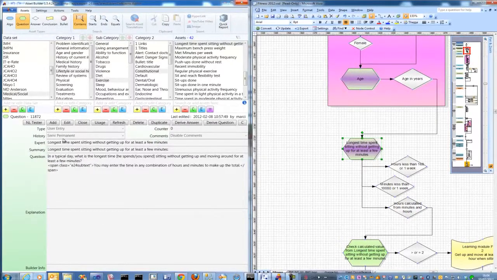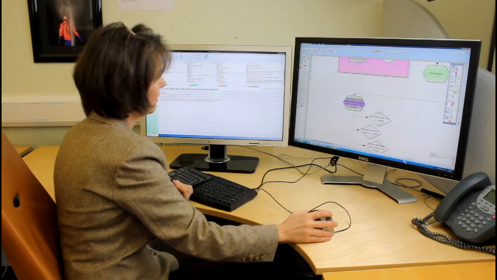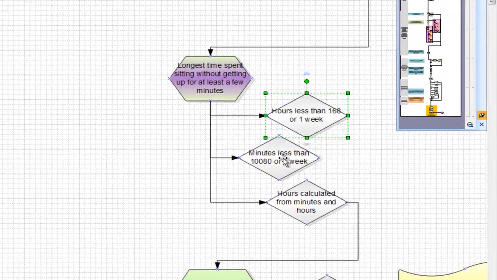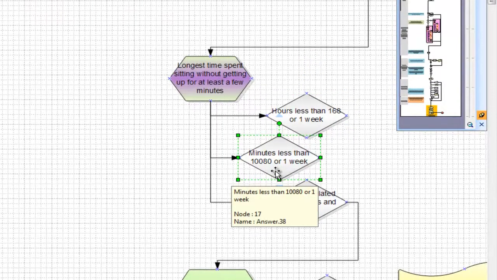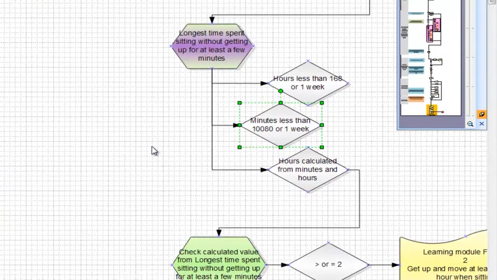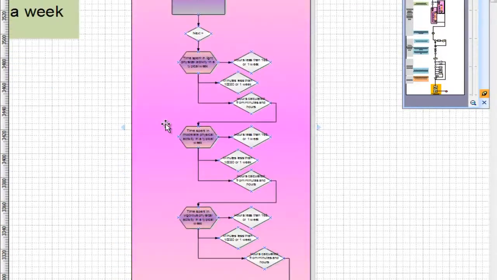It's a user entry question, which means that it's going to get those boxes around it. Hold on just a minute. Let me go back to that. And you can see this says hours, that says minutes. This answer says hours, and that's where that comes from. And it follows down in a line